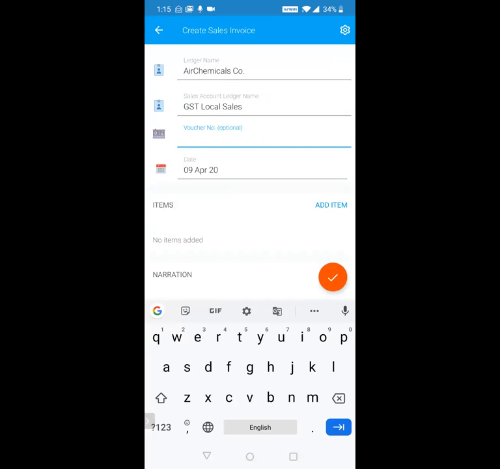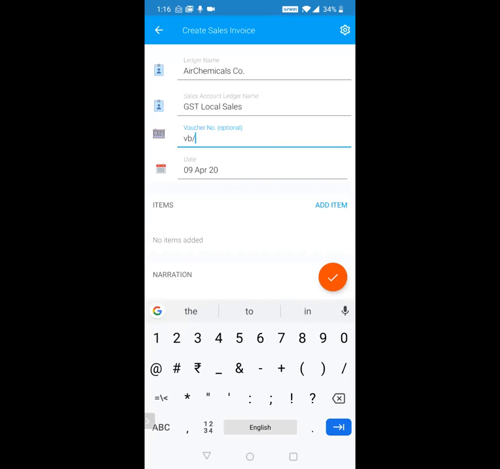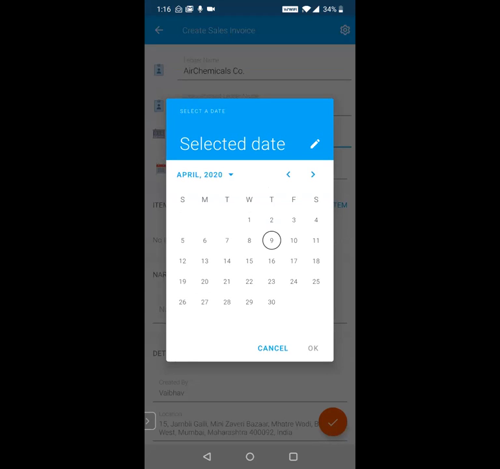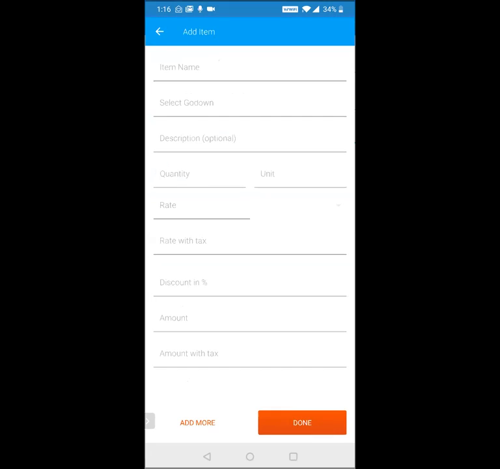And if your setting in Tally is manual, then whatever number you put here will go into Tally. So let's say mine is manual, and I know the last number that I had created was 1004. So now I'll put 1005. I can change the date if I want to. I'll add an item.